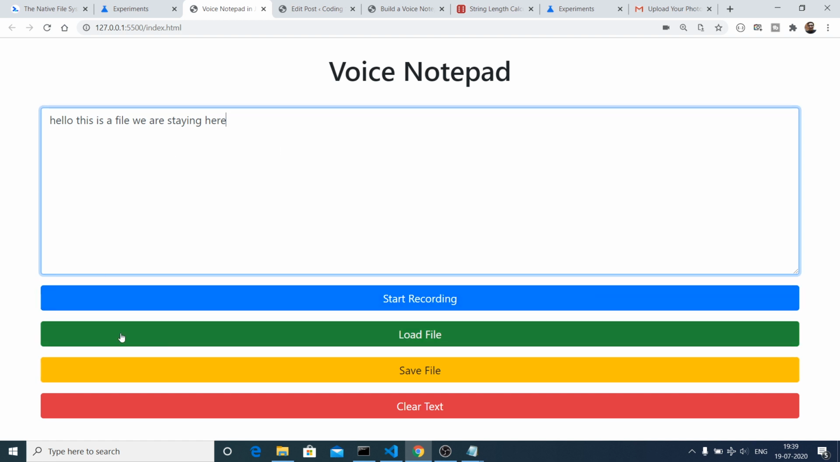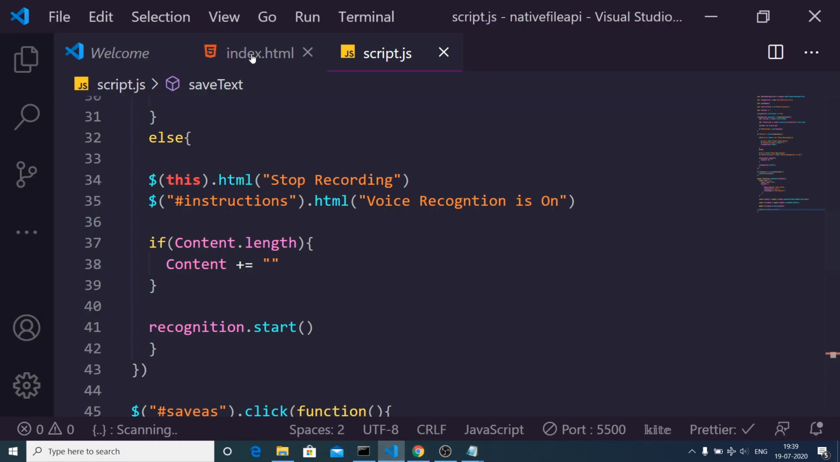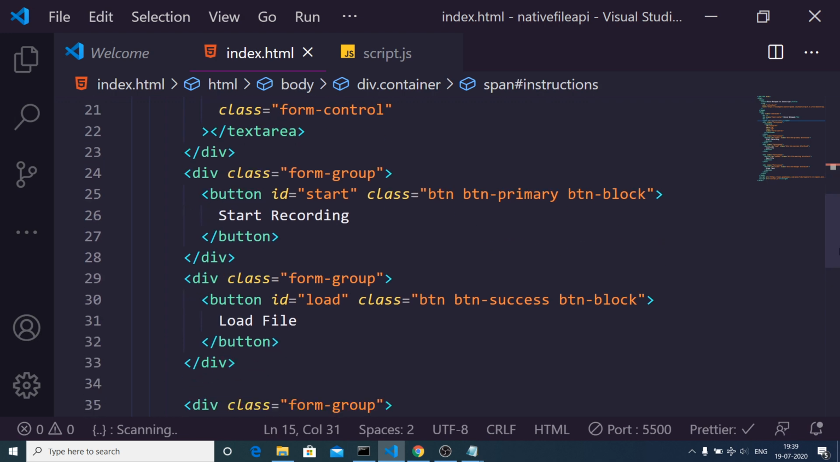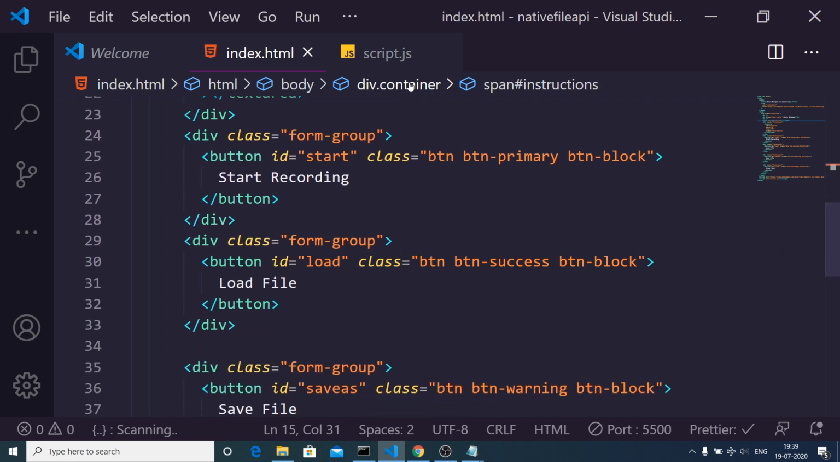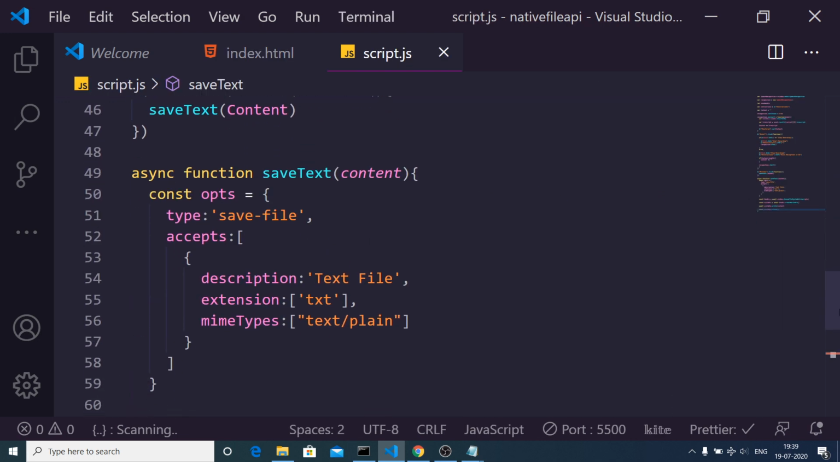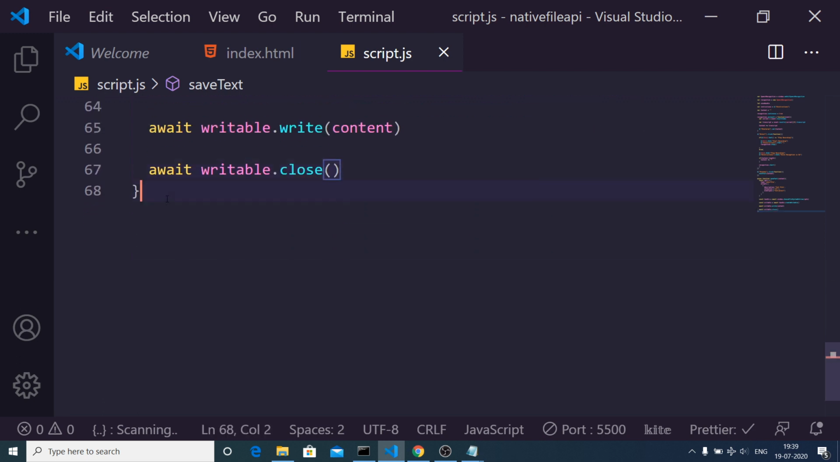Now in the next step, we will load a file. For loading a file, we have given this button, which is load file. This is our second button. We have given it an ID of load. So after this, we will target this by the ID which we have given, which is load, when we click this button,